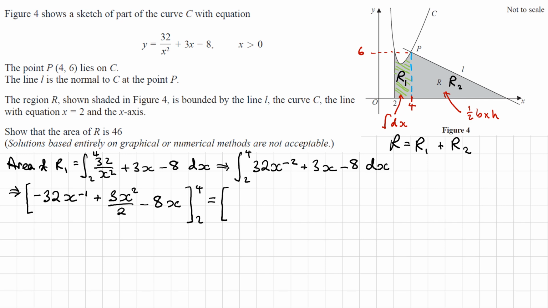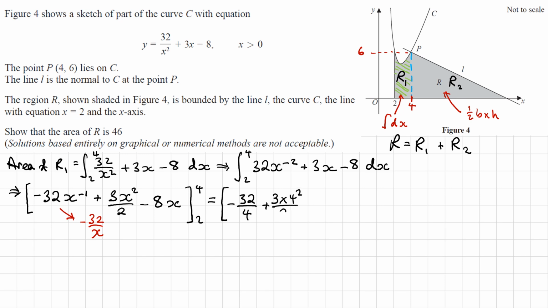So I will have negative 32 times, now what I'm going to do, I'm going to rewrite this part as 32 over x, negative 32 over x. It's just because I'm going to find that a little bit easier to evaluate on my calculator rather than typing in to the power negative 1. So putting in the first limit of 4, it will become negative 32 over 4 plus 3 times 4